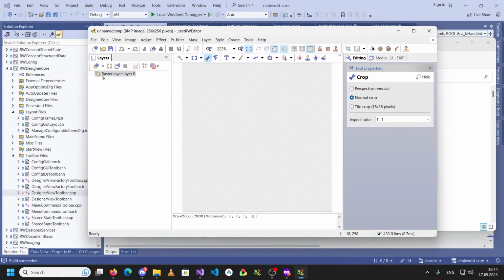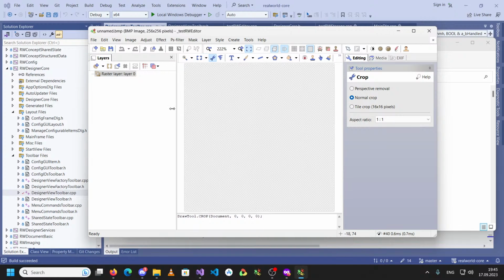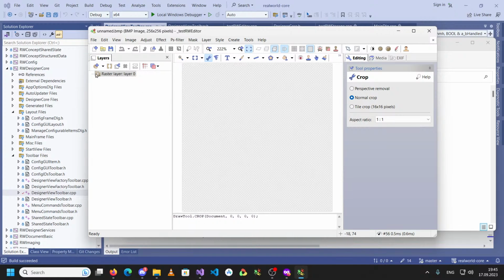It disappeared initially because it probably was not created in the right place, but when I resized it, it was placed correctly, and you can see now that instead of thumbnails we have just these icons here. So it worked, but we should